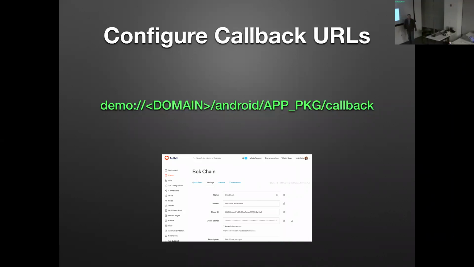Demo is what the sample app comes with. It can have whatever scheme that you want. Domain is the one that it kind of generates for you when you sign up. And then your application package, this is for Android, and then callback. So this thing is inside of the settings for my application.